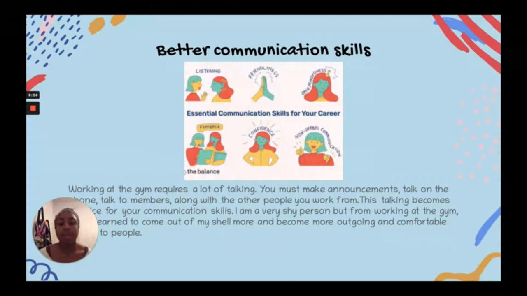When I first started working at the gym, I was very shy. I did not like confrontation. I was not comfortable with people yelling in my face, being frustrated with me. I'm very shy and timid, so I'm not really comfortable with that. And talking to people, raising my voice, and we also have policies in the gym, so enforcing our policies as well. I was not very comfortable with that,